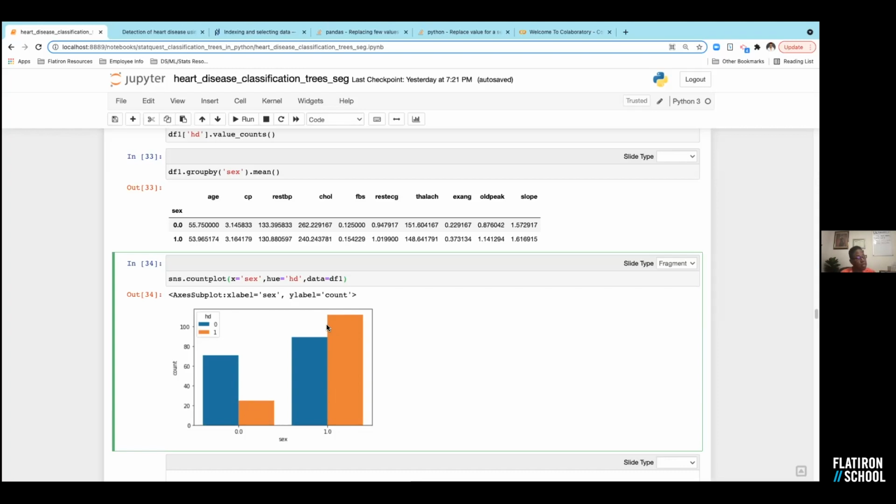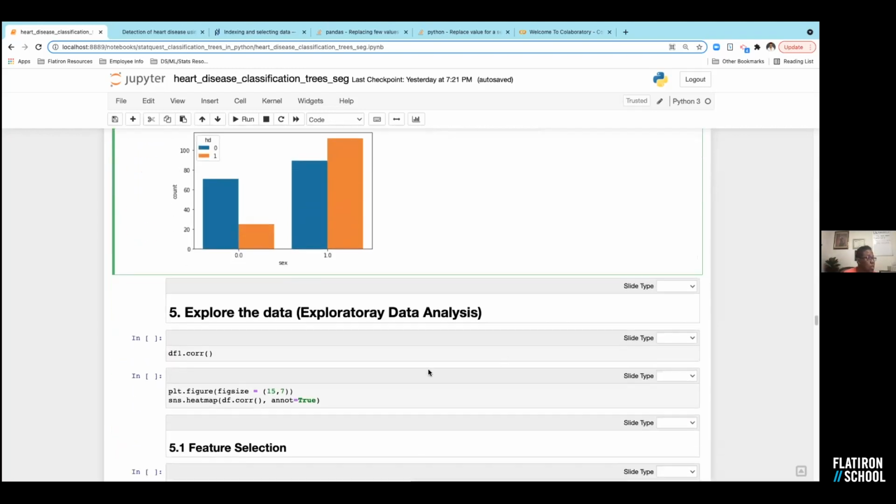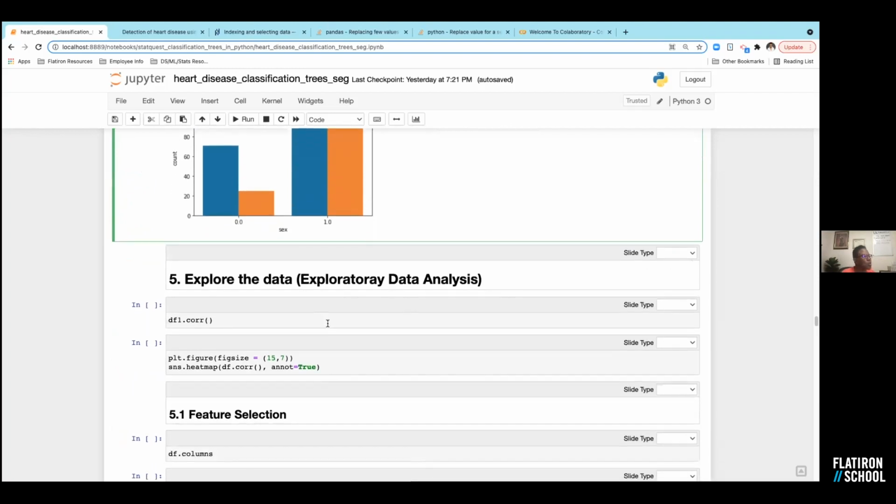And for the women, you see that a lot less women have heart disease than those who don't. So yeah, definitely gender is one of the features that is associated with the outcome. All right, so now once we've done that, we want to start building our model, but we can't just yet,